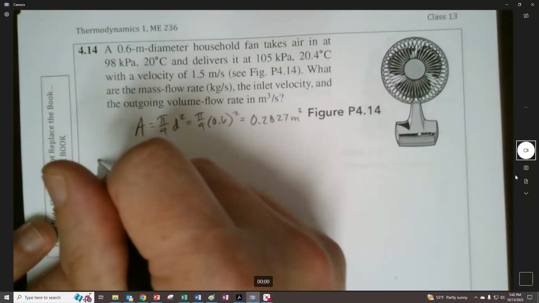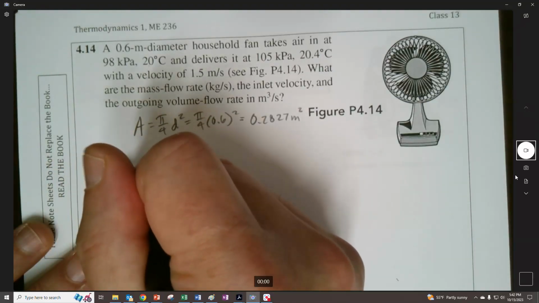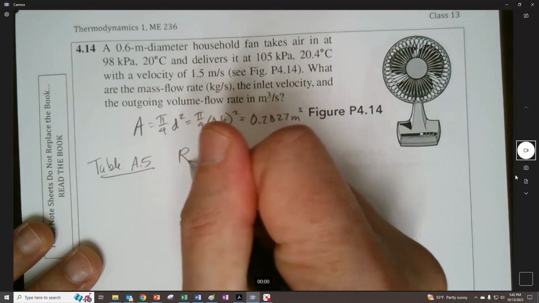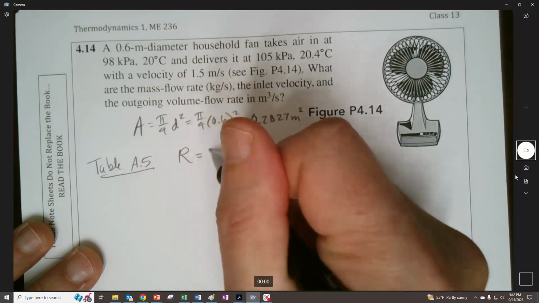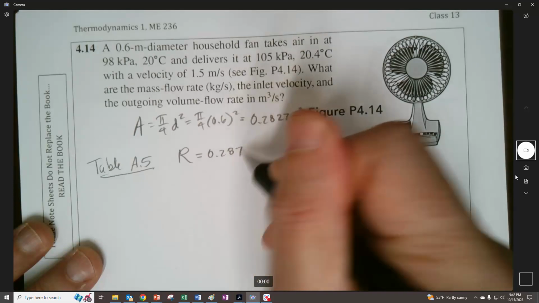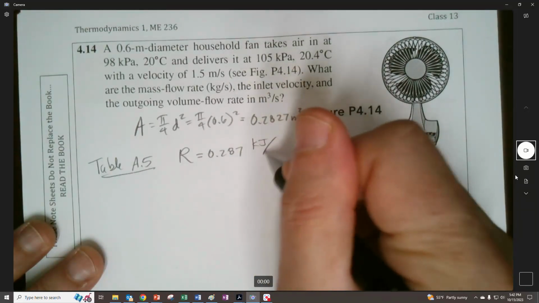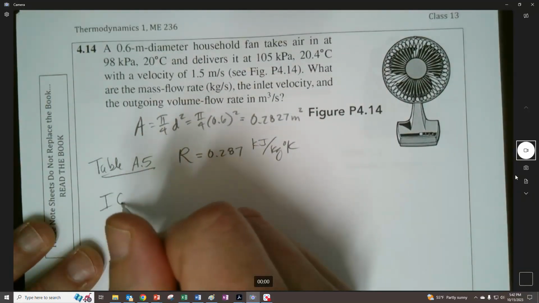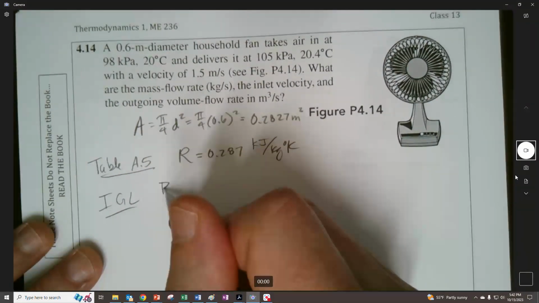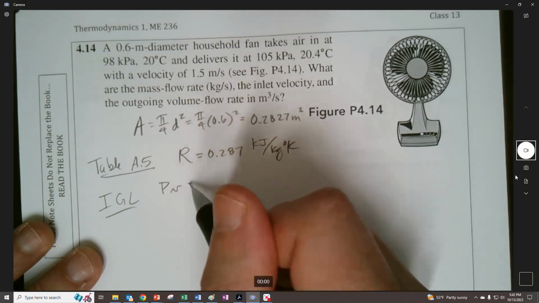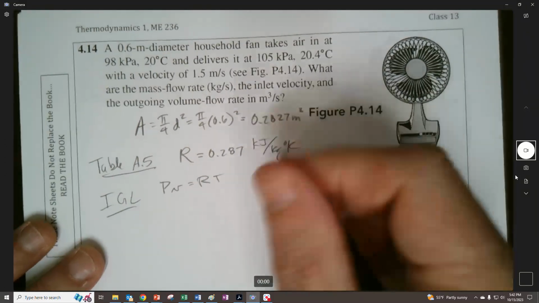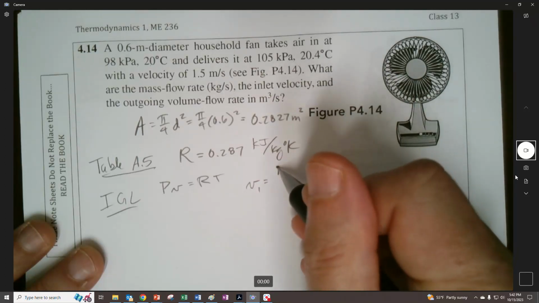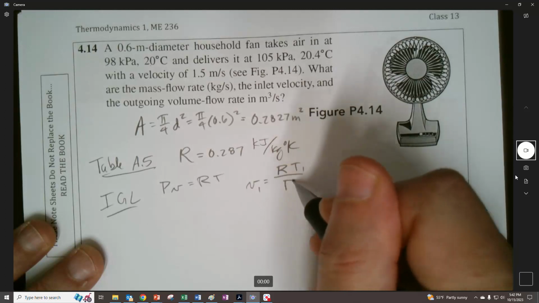So I'm going to go to table A.5 and find R of air, which we should probably have memorized pretty much because we keep looking it up. And then we can use the ideal gas law, P v equals RT. And we can find our v1 by taking RT1, dividing it by P1,